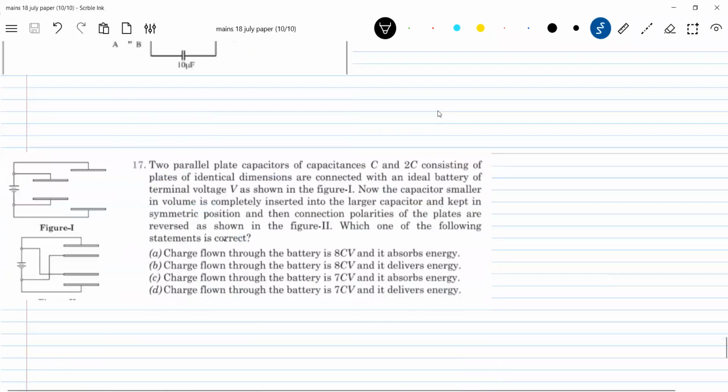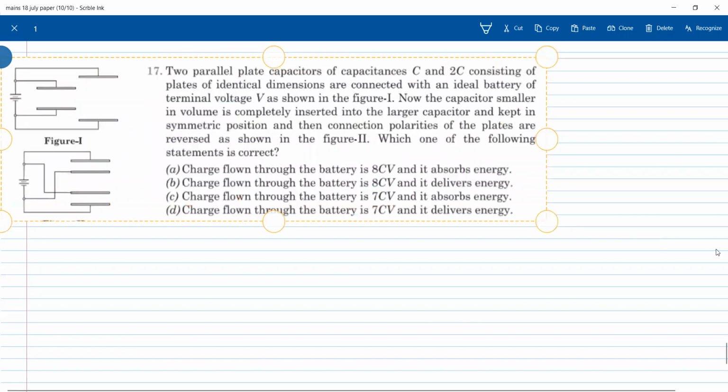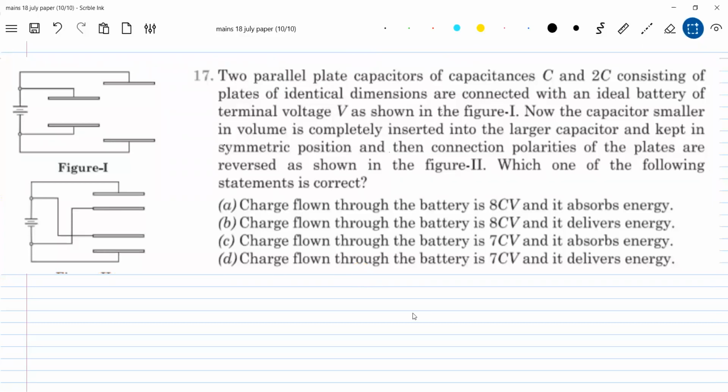Come to this, we'll give names for the capacitors. Now look at the distances here. I'll magnify it. This distance, let it be equal to d, because of the way he has explained the question, I'm assuming based on that. So here, let this be d.